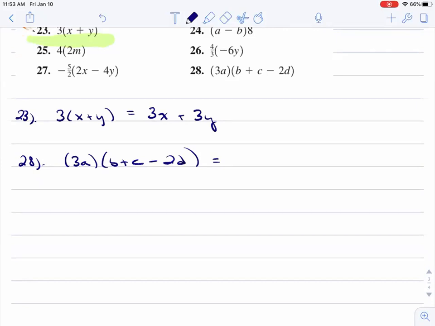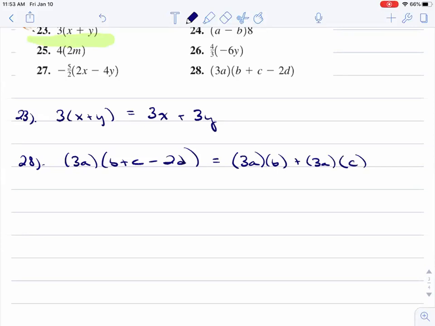So even though there's more than 2 terms inside the brackets or the second set of brackets, that's okay. We can just keep going, right? And so this 3a gets multiplied onto each of these 3 terms. So how I'm going to write it, just to be careful, I'm going to do 3a times b, and then plus 3a times c, and